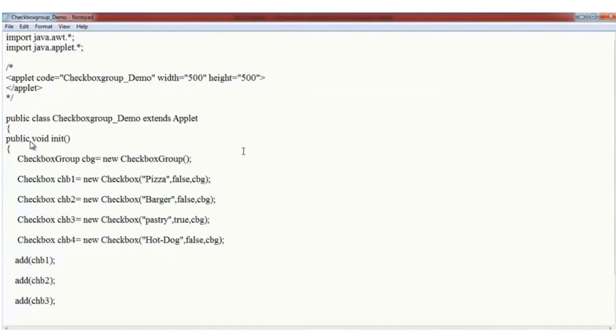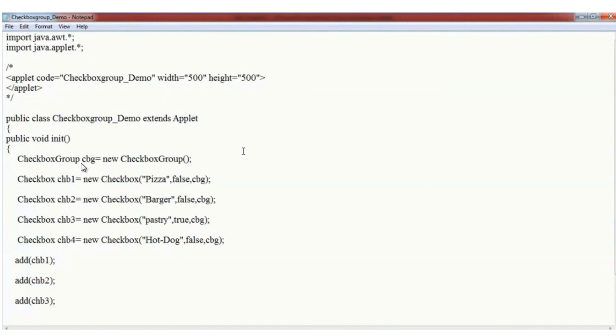In the init method, as usual, public void init, we are creating the controls, or we are creating the buttons. CheckboxGroup cbg = new CheckboxGroup(). Here cbg is the object of CheckboxGroup.